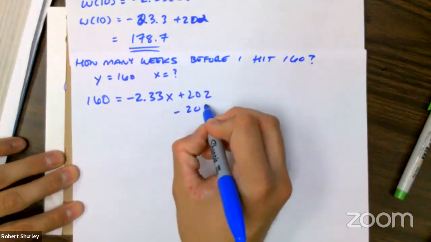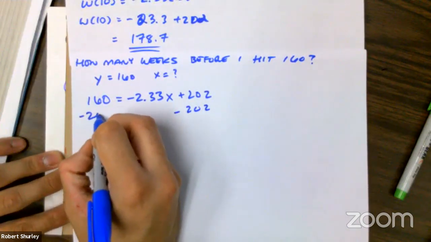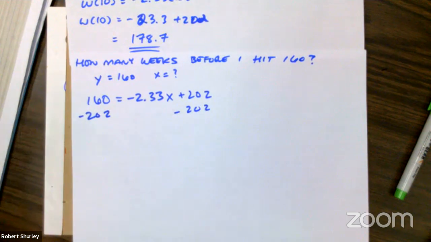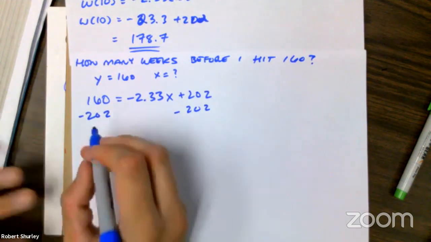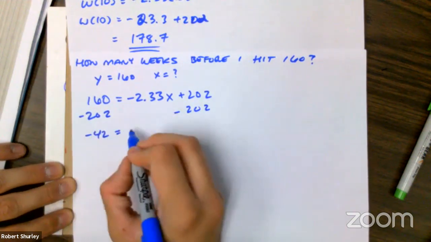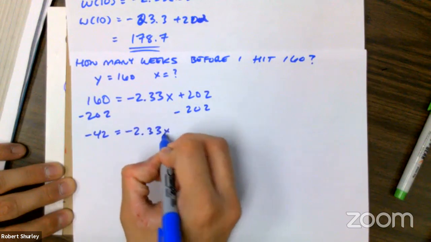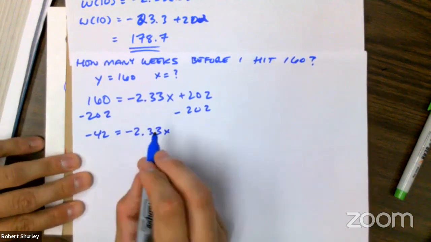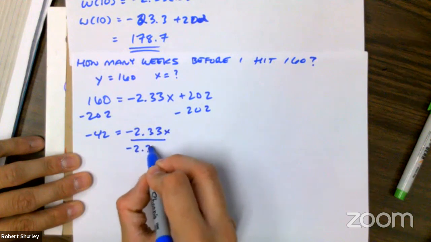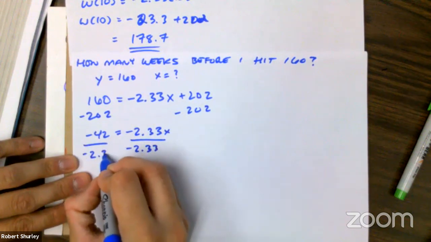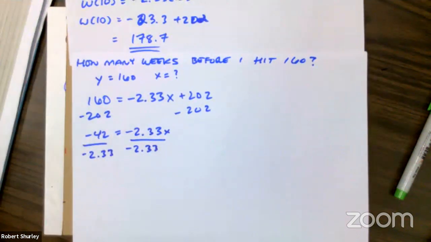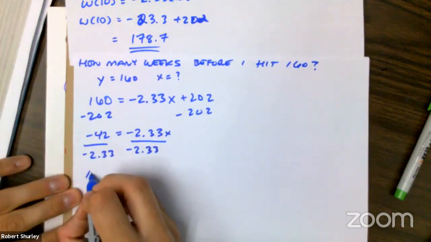So I'm going to subtract 202. 160 minus 202, that's going to be negative 42, equals negative 2.33x. And I'm going to divide by negative 2.33. So 42 divided by negative, oh, actually the two negatives are going to cancel. So that's 18.02